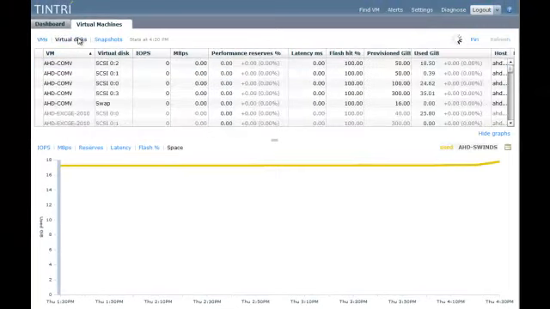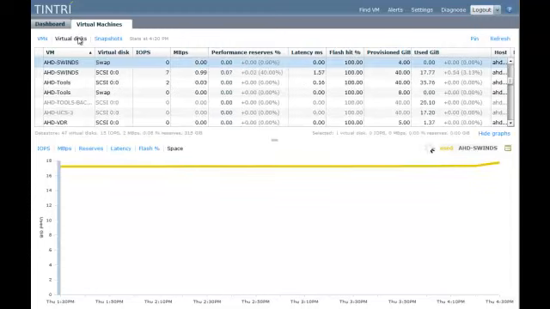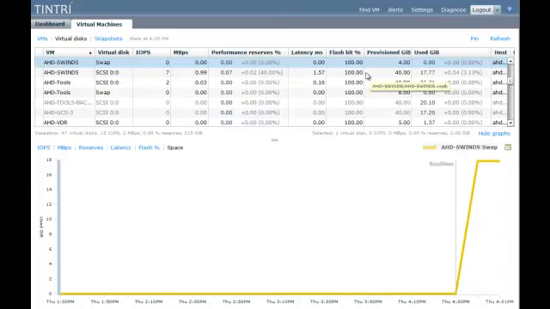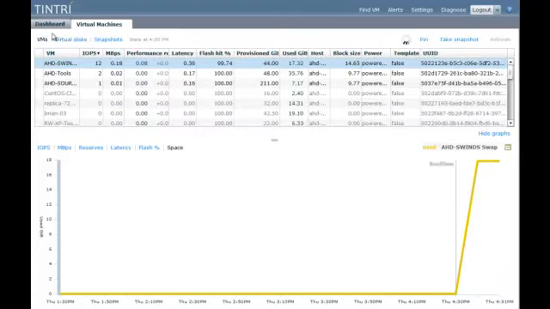If we go up here to virtual disk, this is going to allow us to see all the virtual disks associated with the VM. So you see our VM here has 2 virtual disks, swap and a SCSI disk. And then you'll see the performance statistics at that virtual disk level. So we'll go back to the